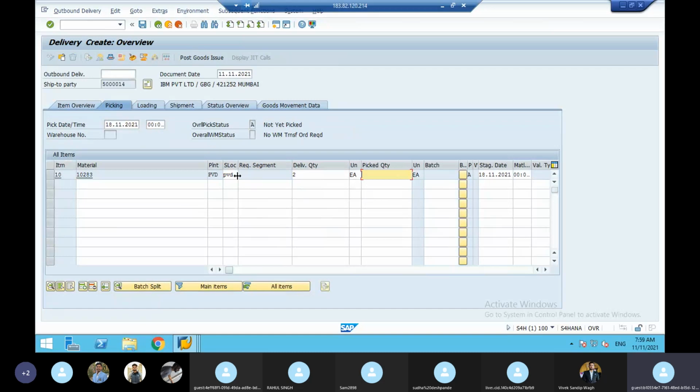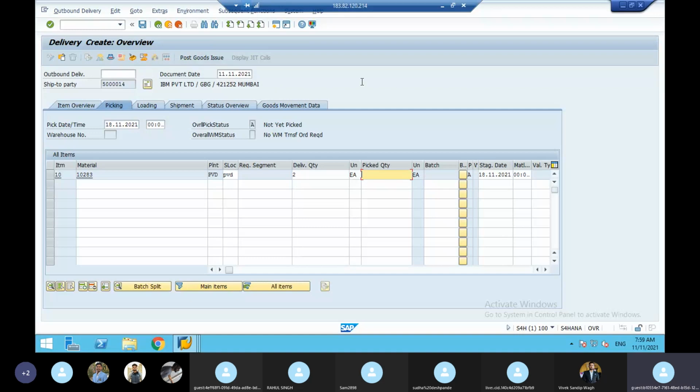So the material has to move from the warehouse, which means the storage location has to send a transfer order. That is why you have to create a transfer order. When you click transfer order, one column will come, warehouse. What you assigned in the enterprise structure, the warehouse will come. The requirement segment will go to the next, delivery account will go to the next. All this goes one step ahead. Once the warehouse comes here, then you give the picked quantity, then it will happen. You do PGI, then delivery will happen, then billing.